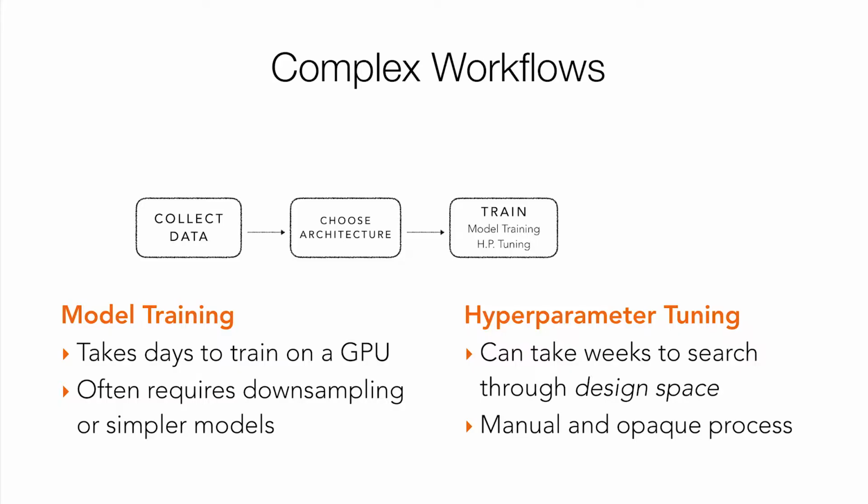You often see people downsampling or using simpler models to actually get a model trained in a reasonable amount of time. But training is more burdensome than just training a single model, as you have to tune the various knobs of these architectures. These architectures are pretty complex. Unfortunately, we don't really understand how they work and why they work. And as a result, there's a lot of tuning involved to actually get a model that gives you pretty good accuracy. And if it can take a day or a week to train a model, it can take weeks or more to search through the space of models and actually to get a good one. So searching through this design space is really expensive, and it's also itself a manual and opaque process. It's not really clear how to do this in a systematic and efficient way.